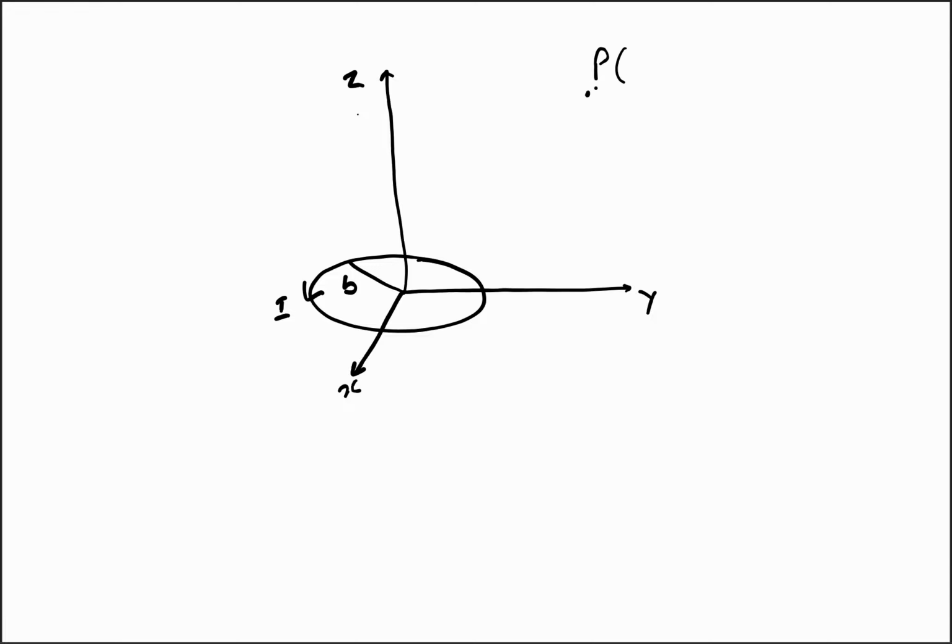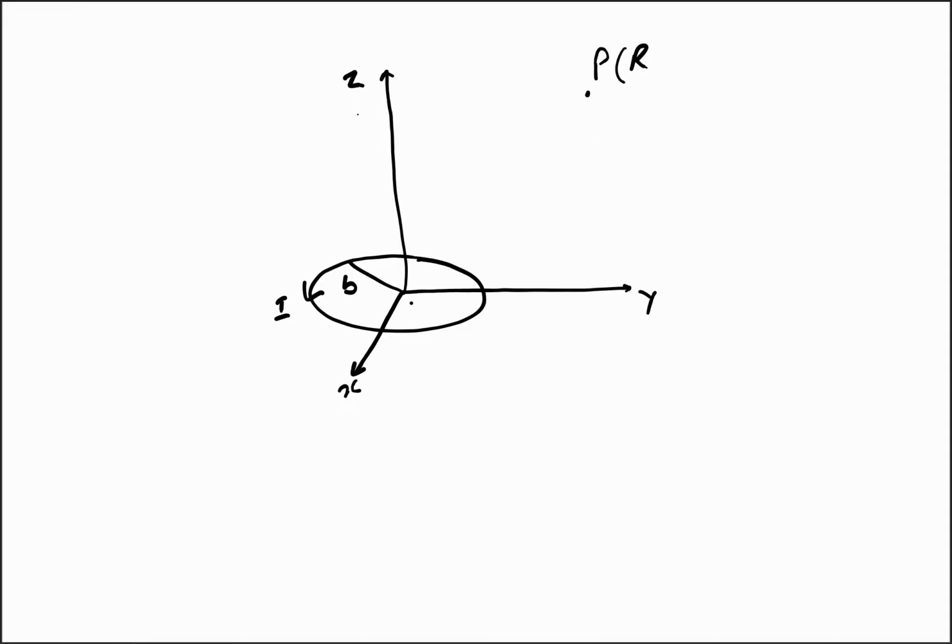and since you know that at this remote point the field will not depend on phi, as far as this distance from the center is equal, then this is not going to depend on phi. So for the ease of calculation we will take phi is equal to pi by 2. What does it mean? It means that this angle is pi by 2, that is the point is in this yz plane. So this point is at,